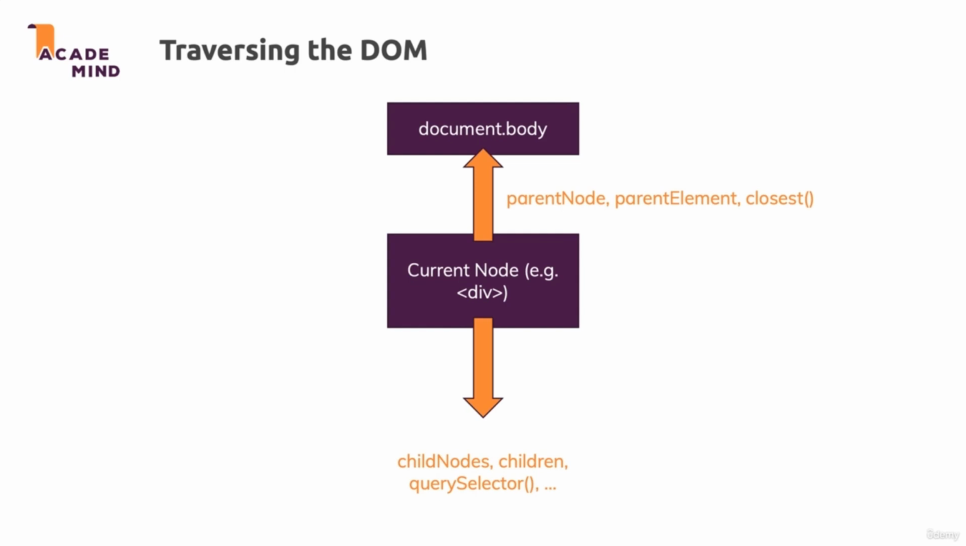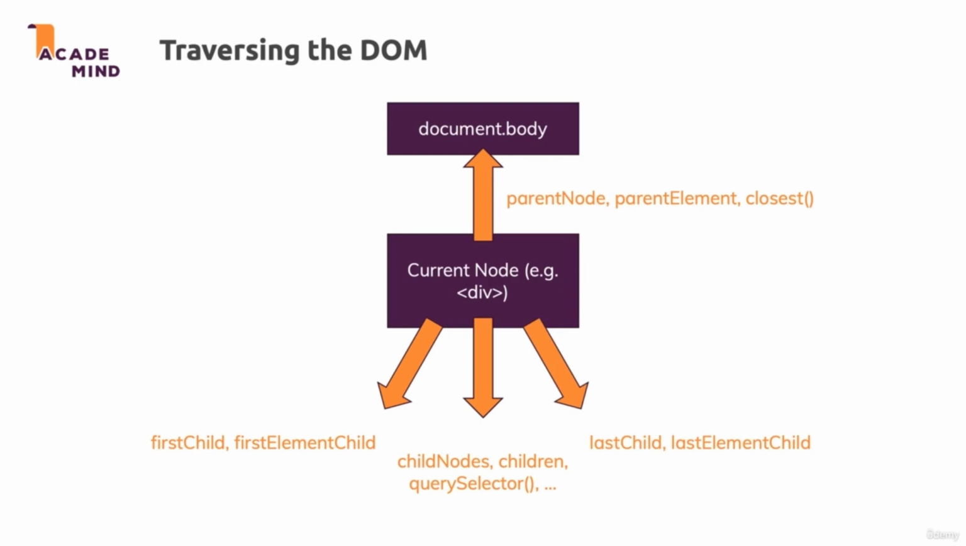Now, there also are special properties you can use to get the first child, which selects the first child node, and first element child to select the first element child node of a given element. And the same is available for the last child node, and the last element child node, which you can select for a given element. So that's for going up in the DOM tree or going deeper into the DOM tree,